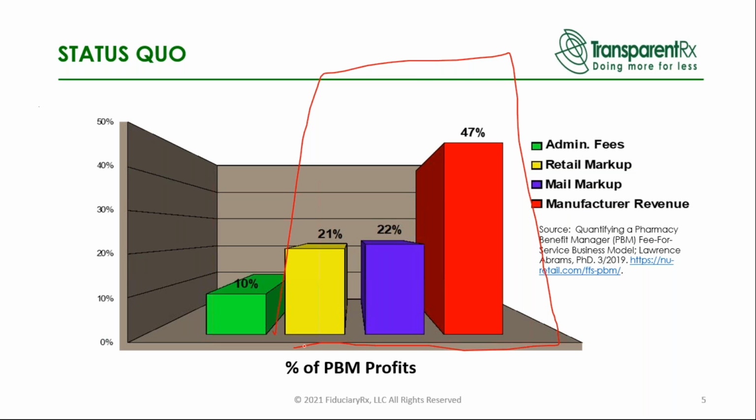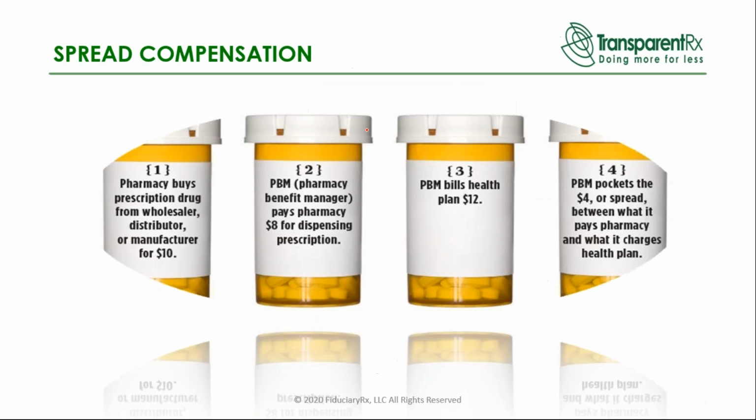Think about this for a second. The only transparent form of revenue that a PBM generates, earns and puts in its bank account is the admin fee. It can be accounted for relatively easily, but it's the other 3 buckets that are a lot more difficult. We're going to talk about how to get into those in a bit, with the biggest bucket being manufacturer revenue in terms of how the PBM is generating its management fee.